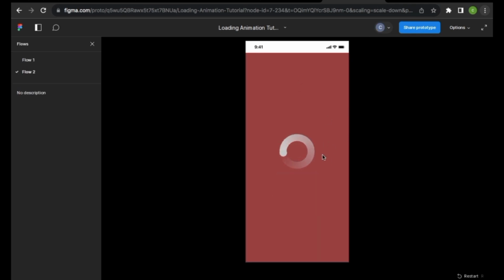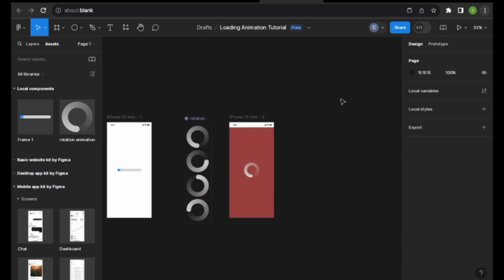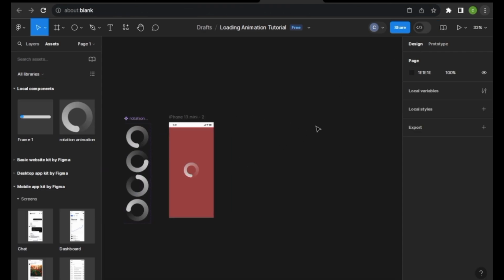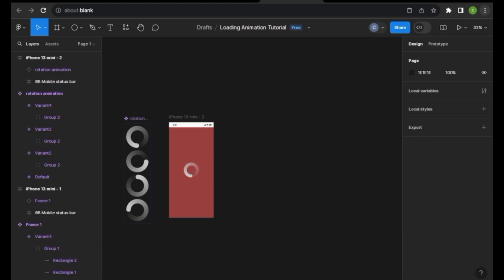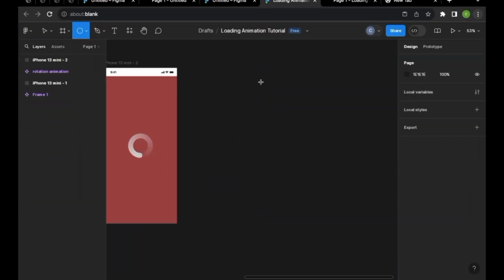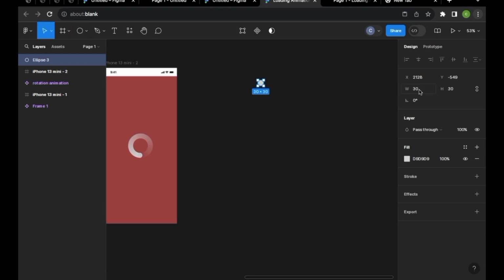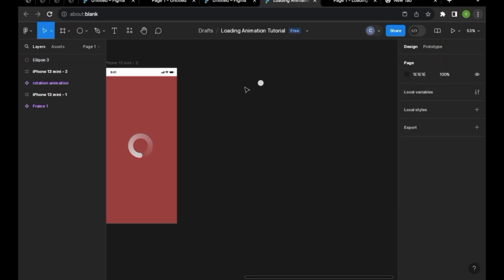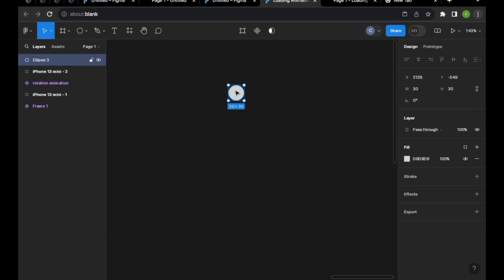Alright, that's it. That's good. So that's for the rotation animation. Let's go to the third one. For the third, this loading animation, we're going to be dealing with small circles this time around. So let's zoom in and let's